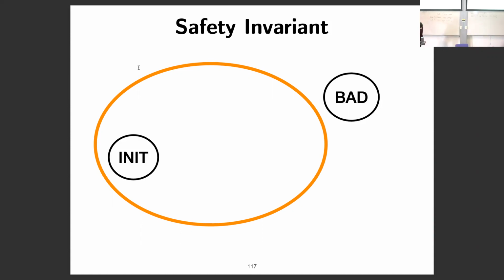These are my initial conditions. What we want to find is a space in the state space that we cannot leave and that is outside of the bad states, so that it is contained within the property. What this says is I cannot leave that space. So this says I'm inside the orange loop. If I apply the transition relation, I'm still inside the orange loop, and then you know that you are safe forever,